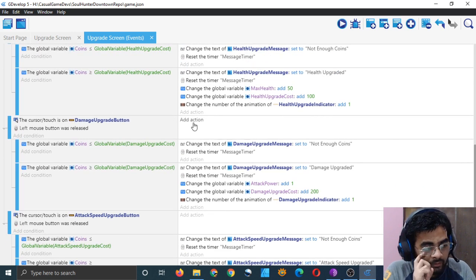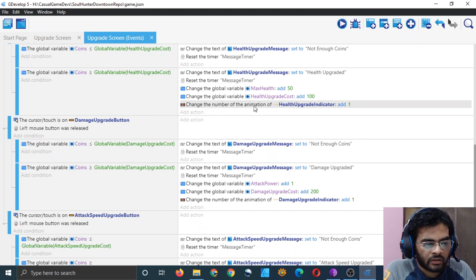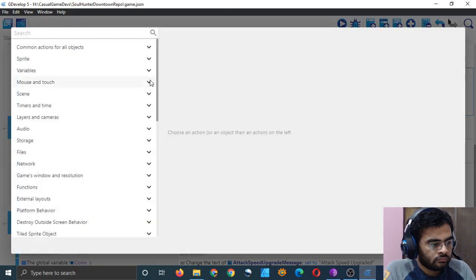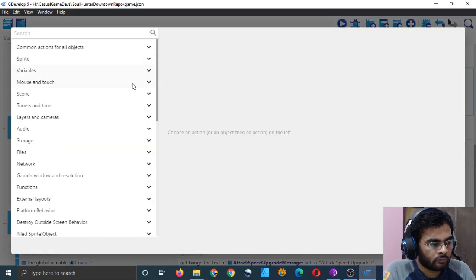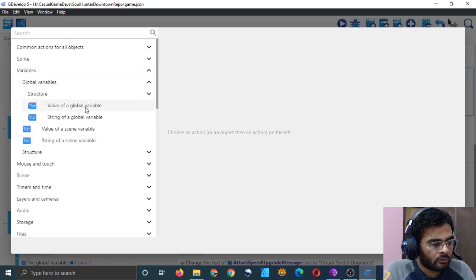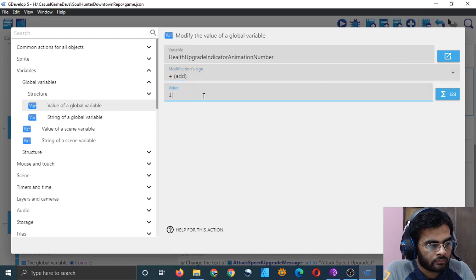We have to update the variable also here then, right? We are changing the animation, that is cool, and adding one to our health upgrade indicator. We should add one to our variables also. Variables, value of a global variable is this, add one.